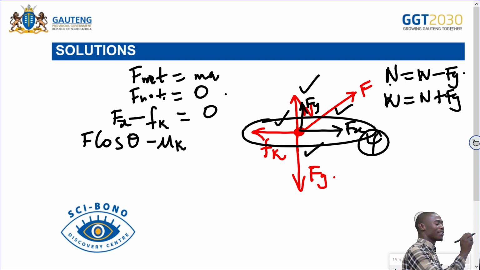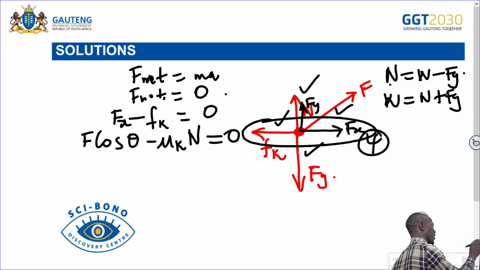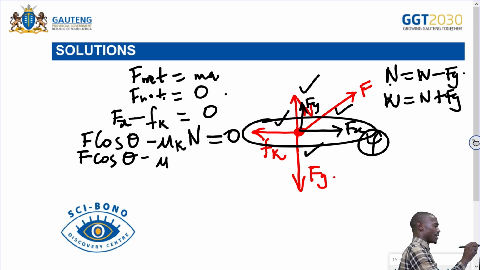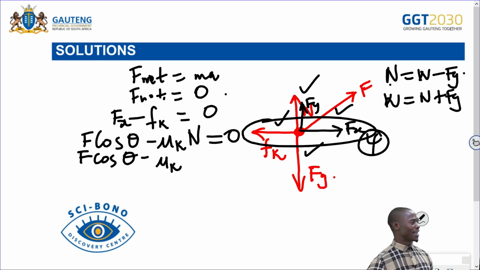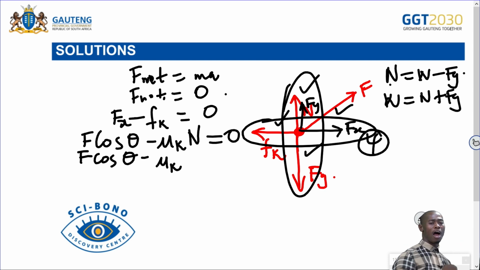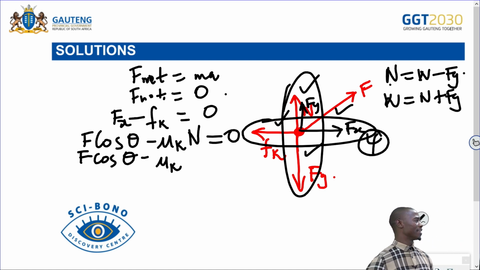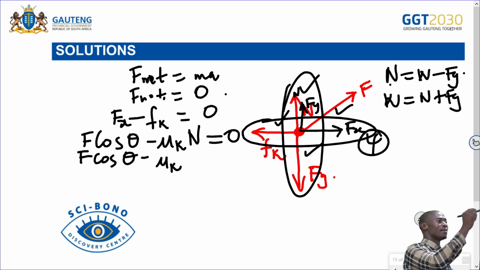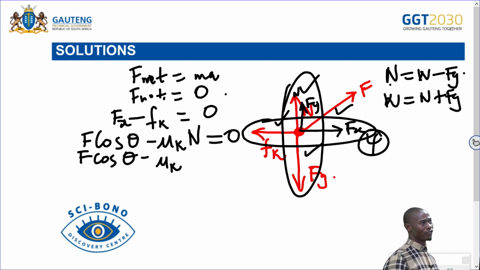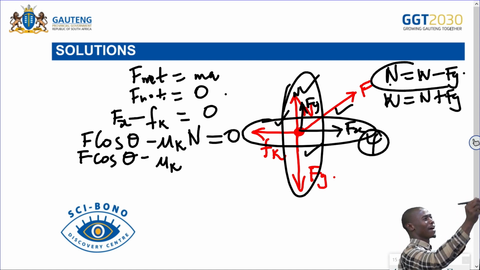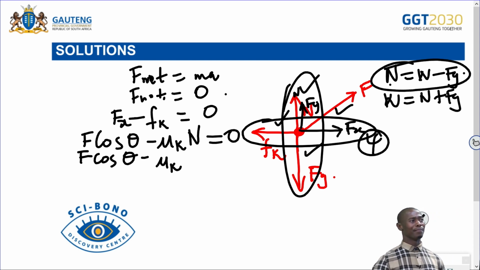But I know that Fk is given by mu k N. Why mu k? I'm given the coefficient of kinetic friction. So it's mu k N. This is equal to 0. So I'm having F cos theta minus mu k N. How do I calculate Fn here? How many vertical forces am I having here? It's the normal force, Fy and Fg. Which means that in this case, my normal force will be weight minus